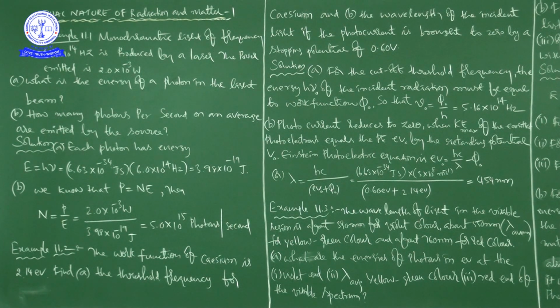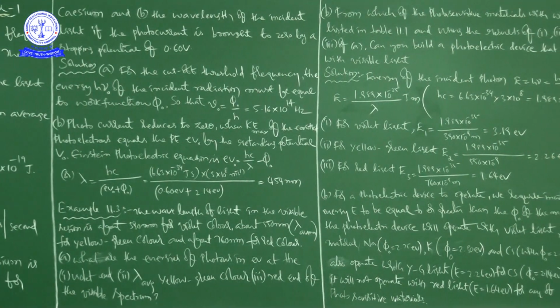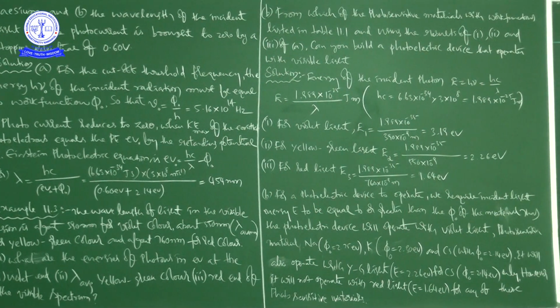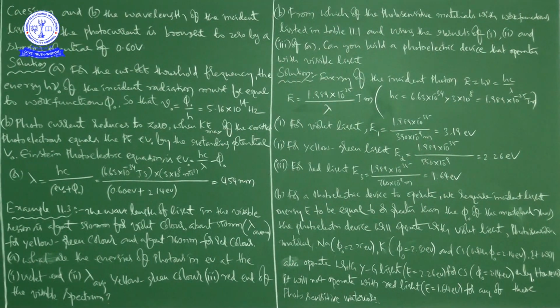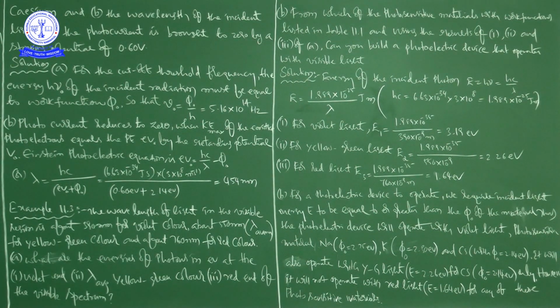Photocurrent reduces to 0 when the maximum kinetic energy of the emitted photoelectrons equals the potential energy eV naught by the retarding potential V naught. And then this is what Einstein's photoelectric equation is: eV naught is equal to